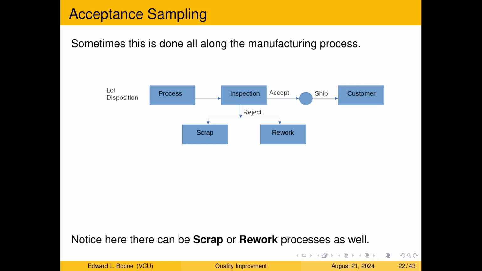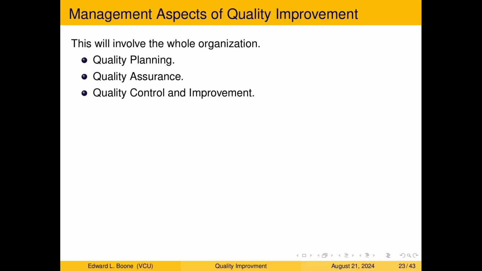Sometimes you can salvage some of it. For example, if it's metal, you can at least recycle the metal. But with a pizza, I don't know what you would do. You just can't rework a pizza. And especially if you did something wrong to it, then scrapping it would mean you lost all the money on the pizza. All right, so those are the three ideas that we're going to focus on, these three different techniques,